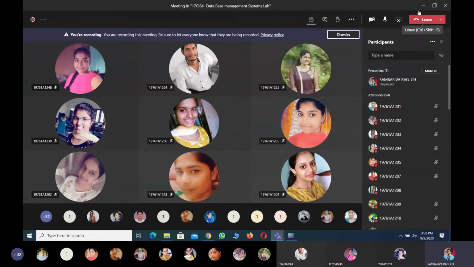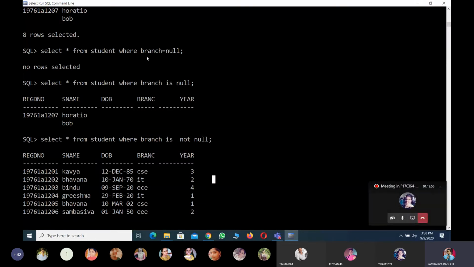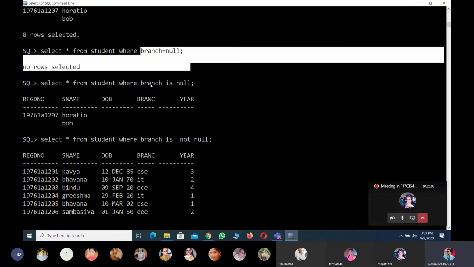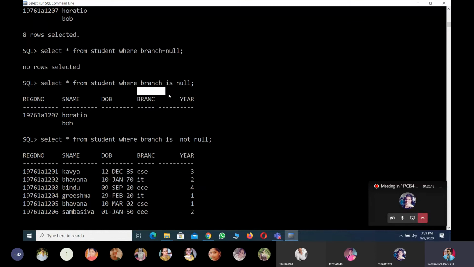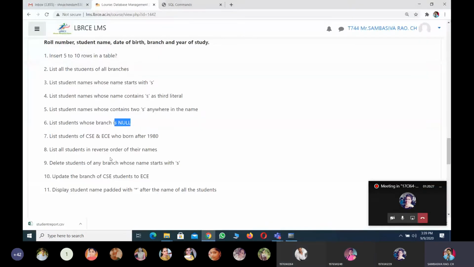Okay, 57. Yeah, is it clear? Null and then not null. Why do we have to specify branch is null, and why were we not getting records with equals? Here the branch was being matched exactly with the text null, so that's why you were not getting them. To verify empty values, you have to check with is. Is it fine or not? Anyone can respond. Clear, sir. Yeah, at least give a response.